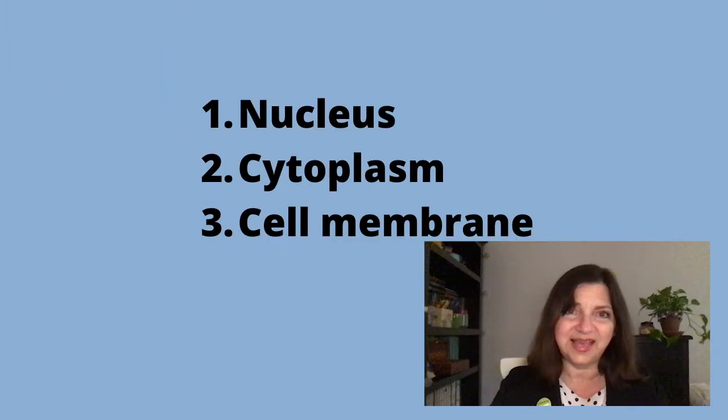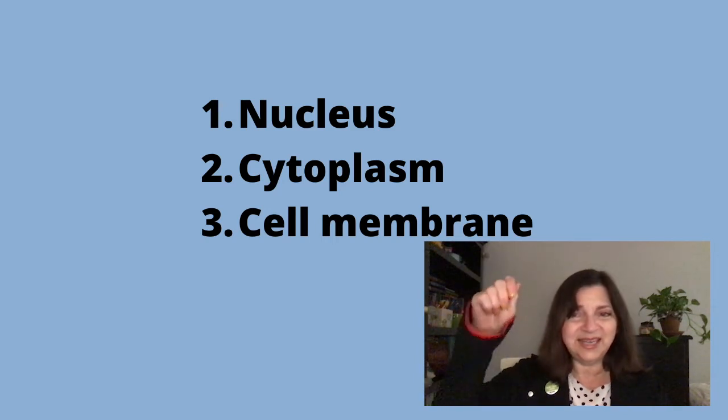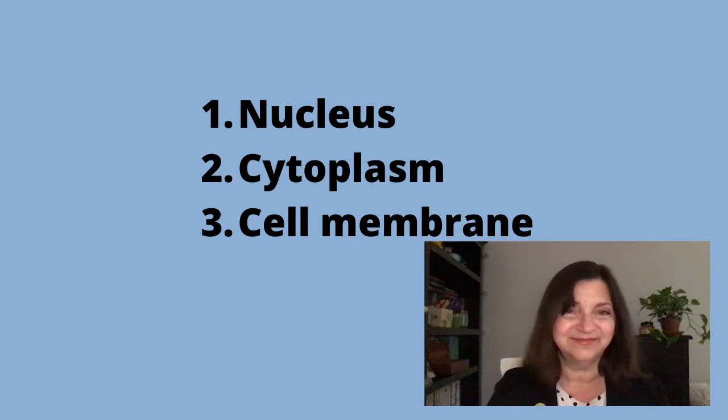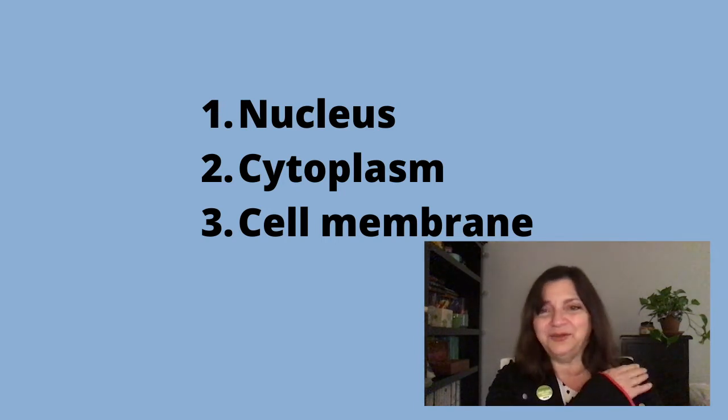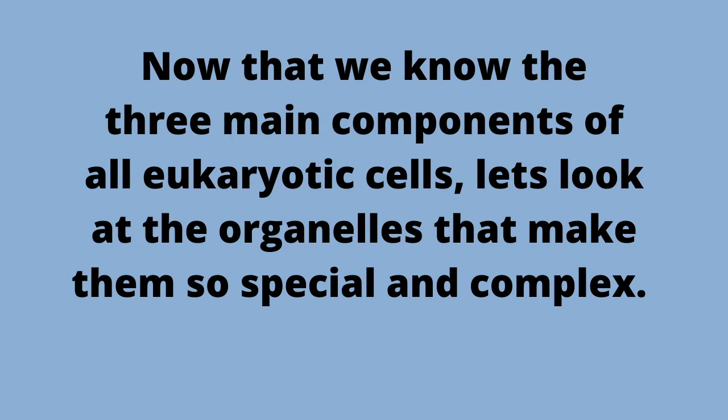And if you said nucleus, cytoplasm, and cell membrane, ding, ding, ding, you are correct. Great job. Give yourself a pat on the back. Now that we know the 3 main components of all eukaryotic cells, let's look at the organelles that make them